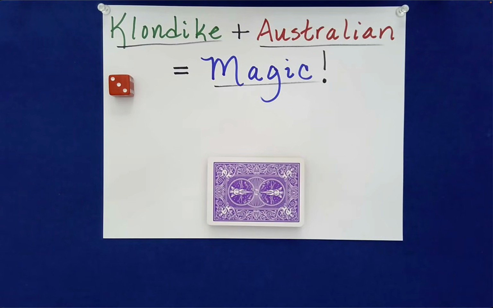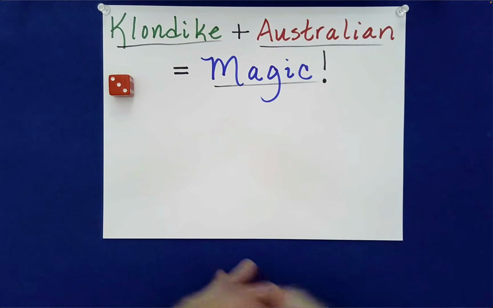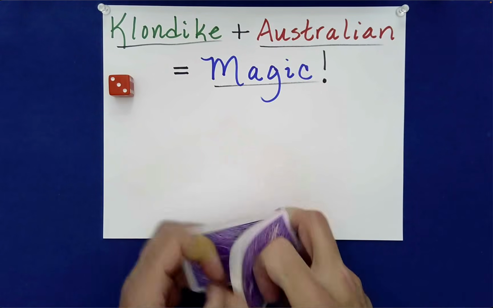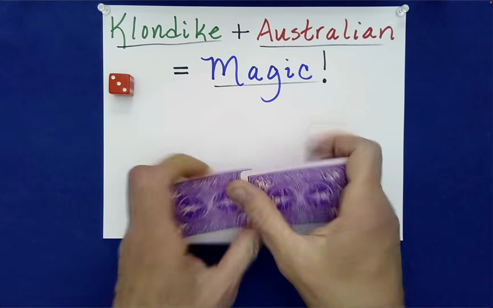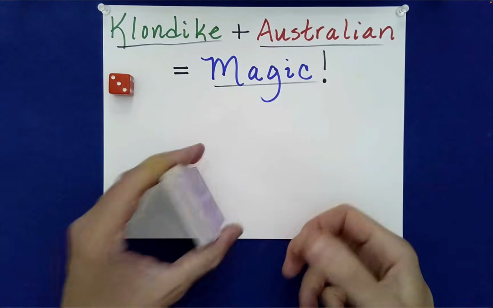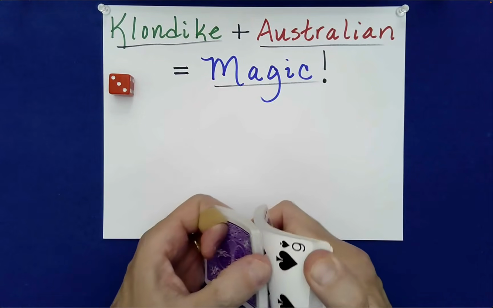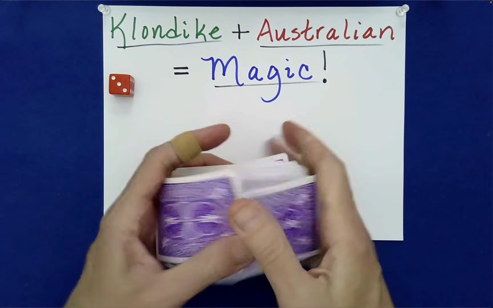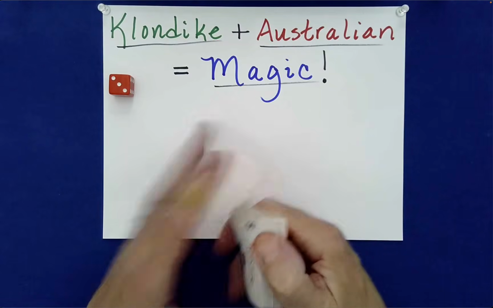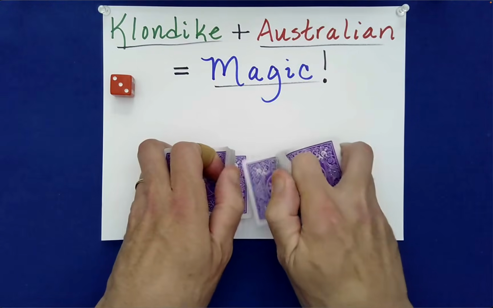By the end of this video, I hope to persuade you that the Klondike Shuffle, when paired with the Australian Shuffle, can indeed achieve true magic. So I have here a deck of cards that we'll go ahead and shuffle. And if you were here, I would have you tell me how many times you would like the deck shuffled. I think we'll go ahead and just do it 3 times so that we're not spending the whole video shuffling